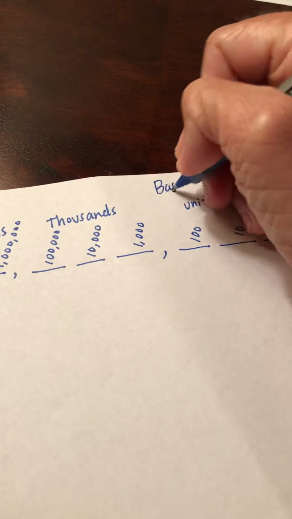It will take 10 thousands to make a 10,000. It will take 10 10,000s to make 100,000. And it will take 10 100,000s to make 1,000,000. Okay? Now, if it's going to take 10 of these to make each one of these neighbors to the left,